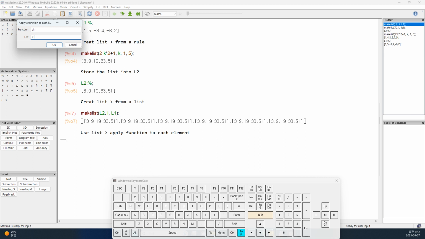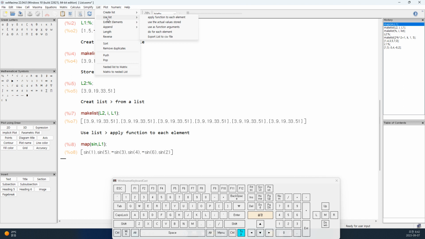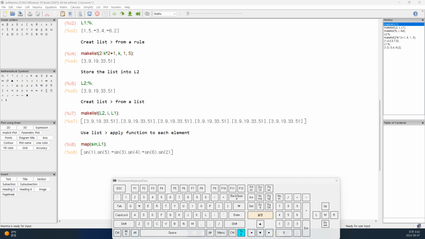where we're going to apply a function, say the function sine. Let me apply cosine to list L2. And so it's mapping the cosine function to list L2. If I want to see numbers here, I do float, percentage symbol. And again, if you want to reduce, you can do like that, and